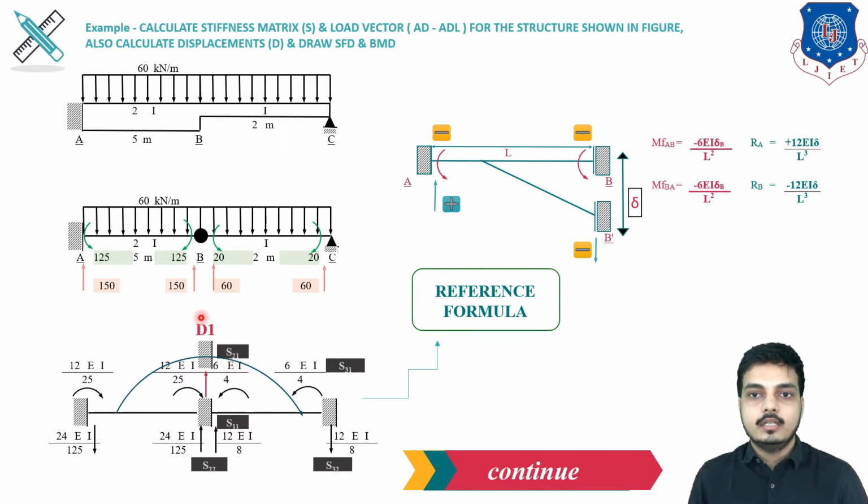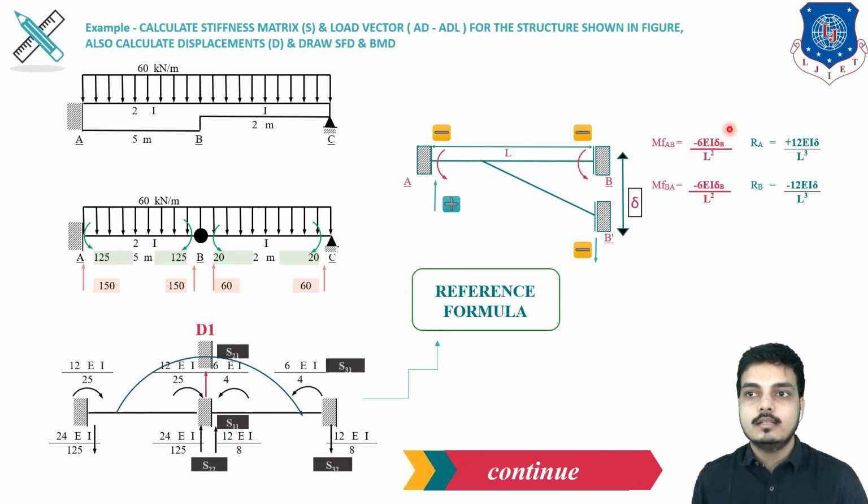Now D1 is my unknown number 1, which is my reaction, and for that we have to use all these formulas. One thing we have to note is that here it is 2I, here it is a single I, so we have to keep that consideration also. Now look, for the moment, what will be the direction? As the deflection is anti-clockwise, both the moments will be clockwise. And for the BC span, its deflection is clockwise, so both the moments will be anti-clockwise. Now, the formula will be 6 EI delta upon L square.